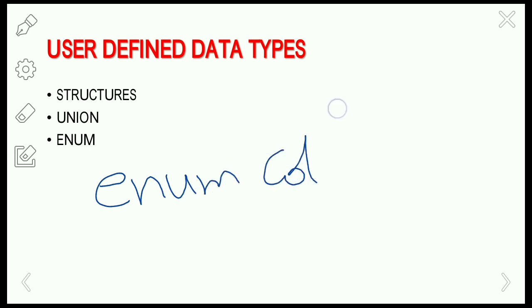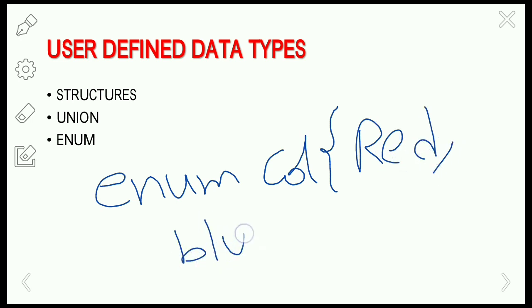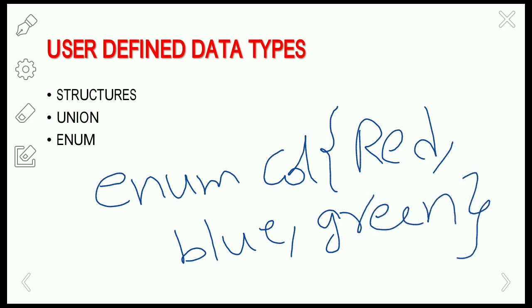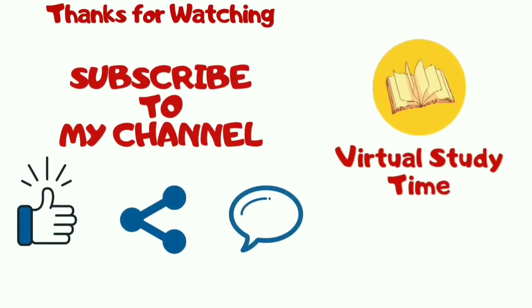Let us suppose we are taking enum colors. We are going to take the enum of colors with the values red, blue, and green. Then it is going to assign a number to each and every color. The first name, red, in the enum has the value 0, the next one has 1, and so on, unless explicit values are specified. If we use the input here for the print,